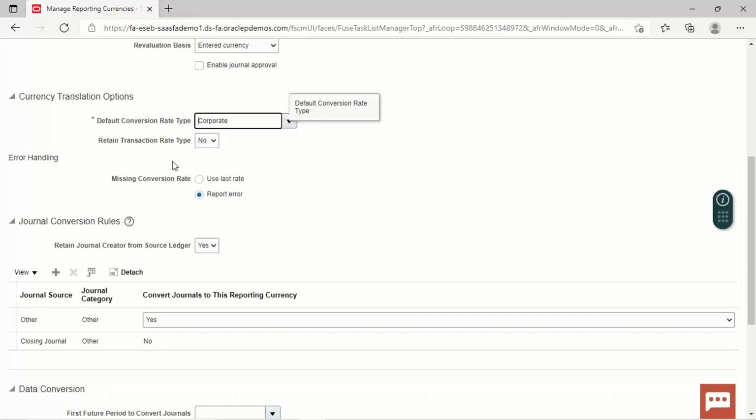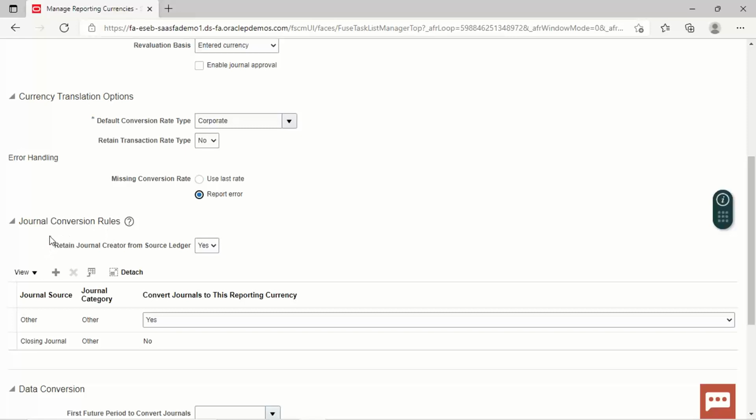If you want to retain the transaction rate type, you can select yes. If you select yes, then the transaction will be converted to the reporting currency. Then if there is no currency rate mentioned, you can use the last rate or you can select report error. So we'll select report error.